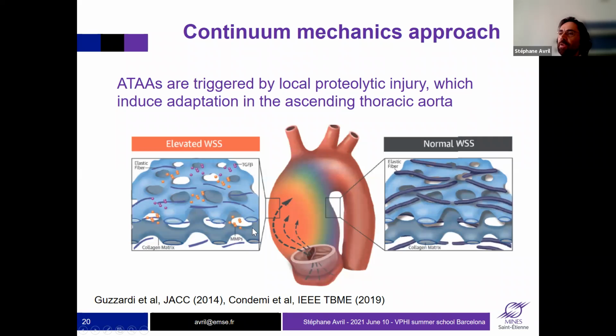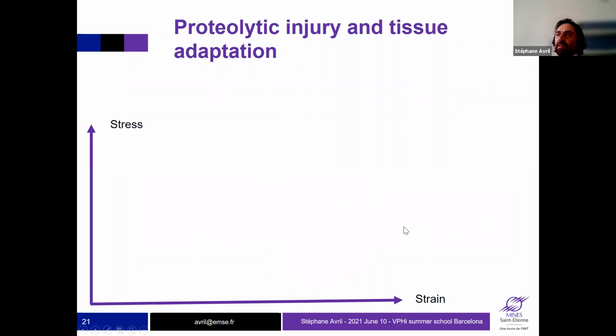And it was shown by some researchers that the location where the jet flow impinges on the wall for these patients is a location of elevated wall shear stress, but also of damaged extracellular matrix in the wall of the aorta. So there are some biological pathways triggered by the effects related to the hemodynamics that lead to an overexpression of matrix metalloproteases at that location, that leads to what we call an injury, a proteolytic injury, that is a kind of effect, a cause that may have some effect. So that's something that we can model by using